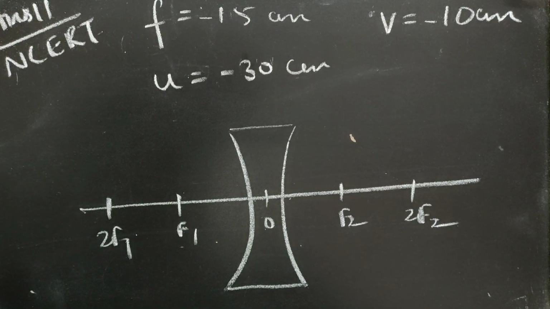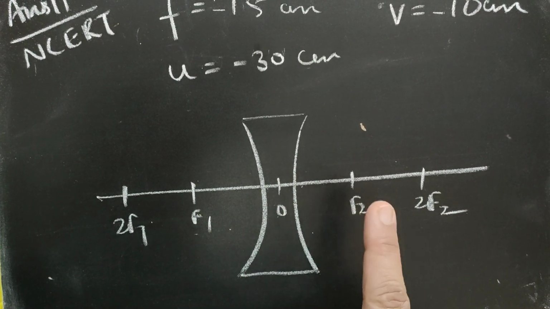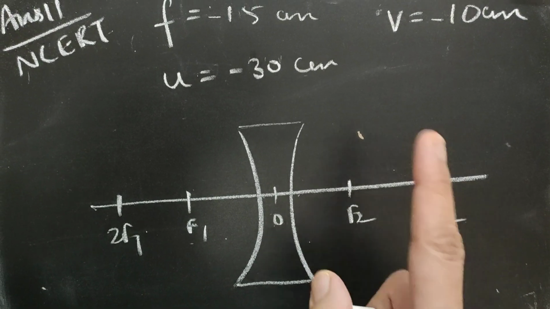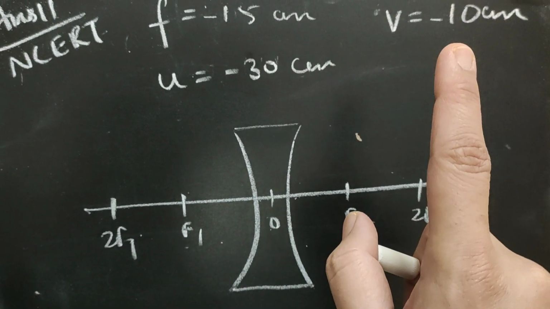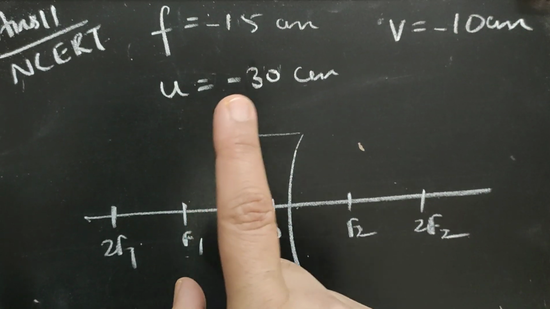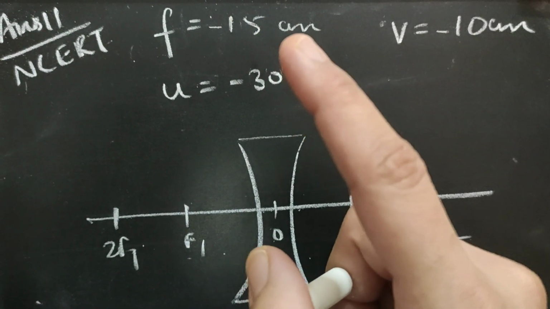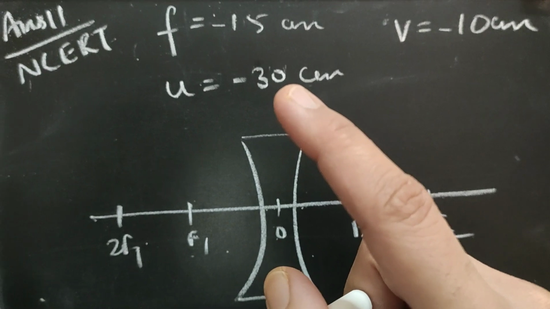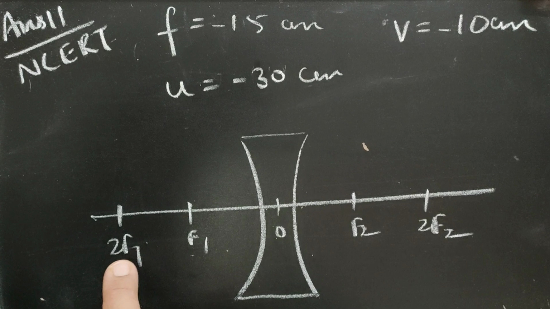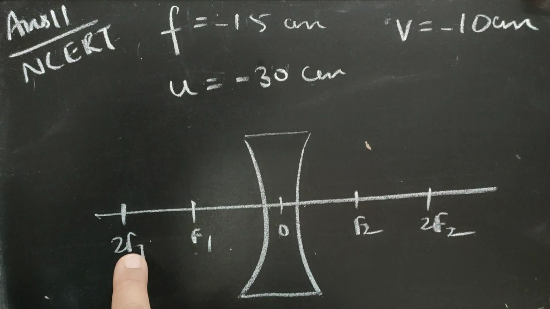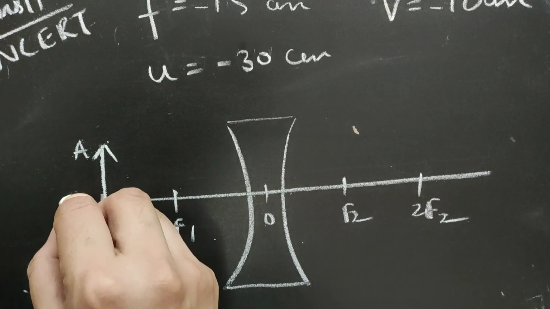Let's now draw the ray diagram for this question. I have drawn the concave lens here and marked the 5 important points on the principal axis. It was given in the question that the focal length of the lens is 15, image is being formed at 10, and we calculated object distance as 30 centimeter. So looking at these values, you can make out focal length being 15 and object is placed at 30. This means object is placed at 2f. If f is at 15, 2f will be at 30, and that is where the object has been placed. So I am drawing an object here at 2f, labeling the object as AB.